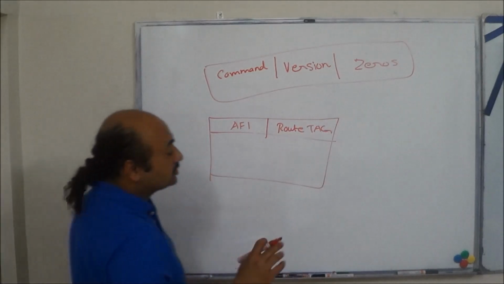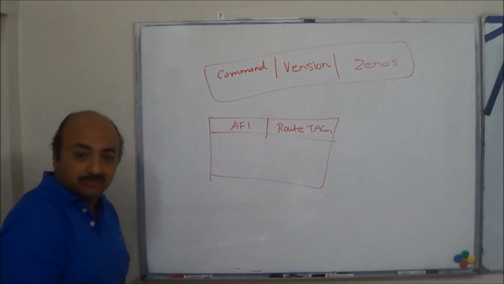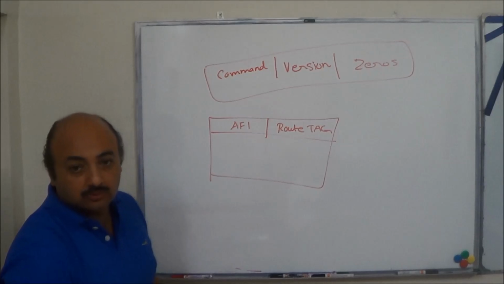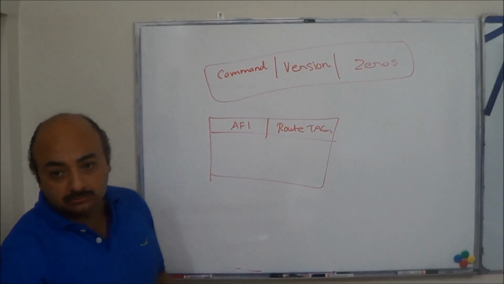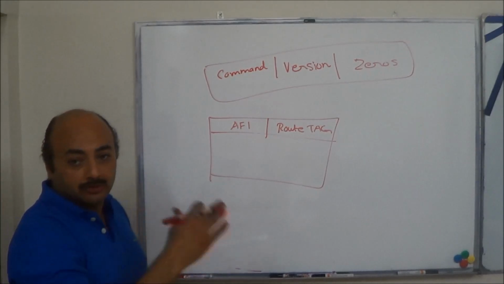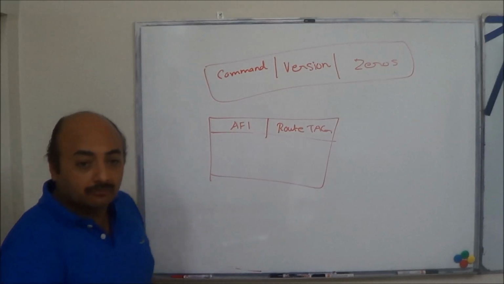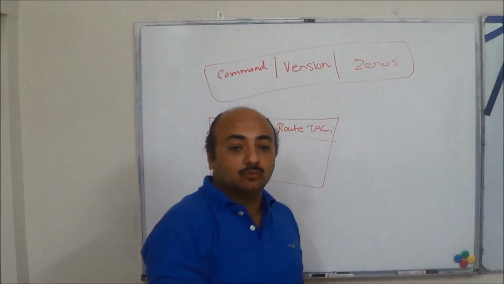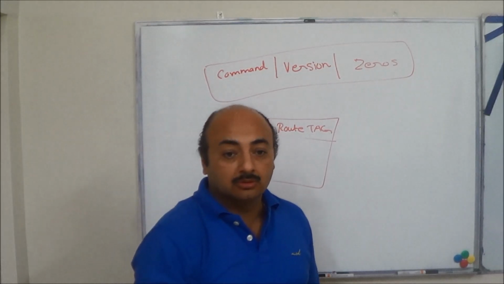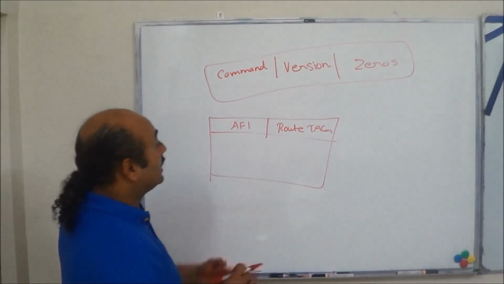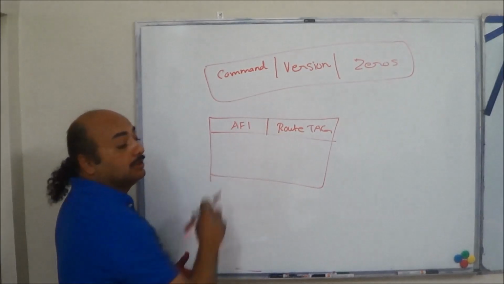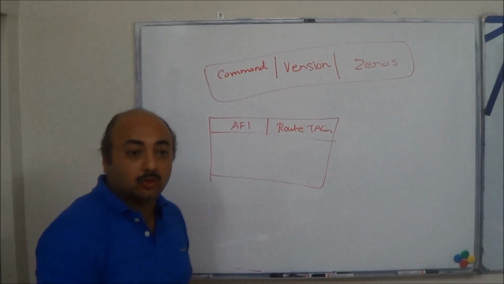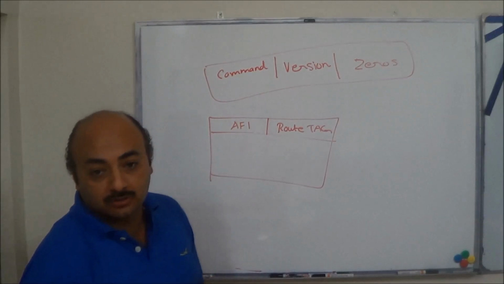Now route tag, I am just giving you a highlight of it, but we will cover it again once we are done with OSPF, because then we will be redistributing OSPF routes into RIP and RIP routes into OSPF. Once we redistribute OSPF routes into RIP, then you will understand what are external routes. Right? So that is where the route tag is used for, to distinguish what are routes which are not internal to the autonomous system. How do you differentiate?